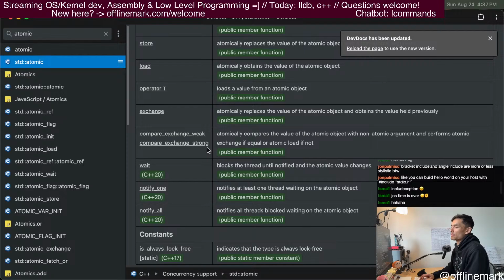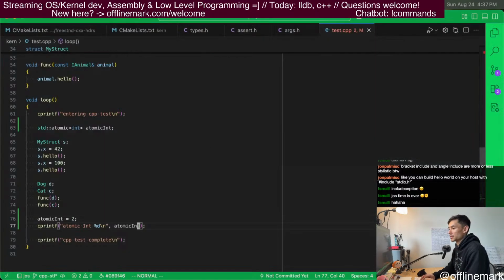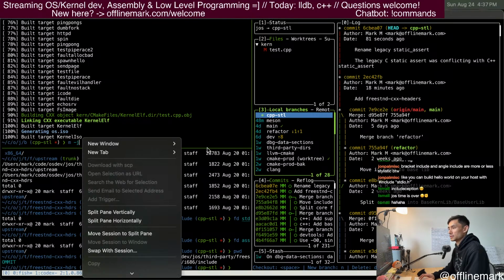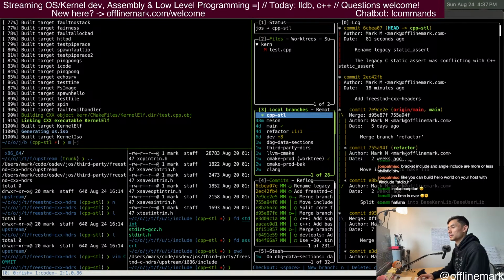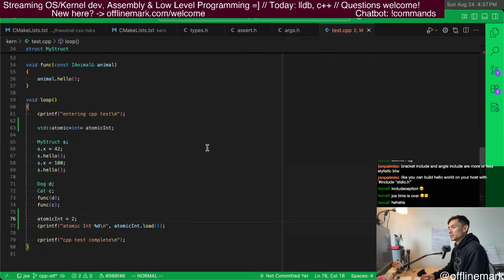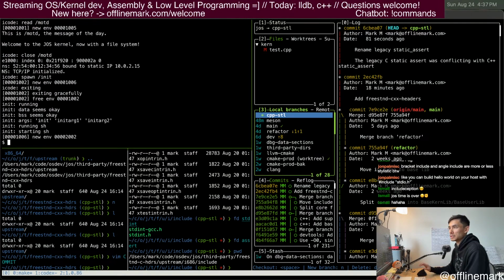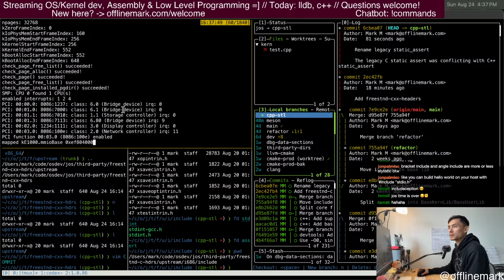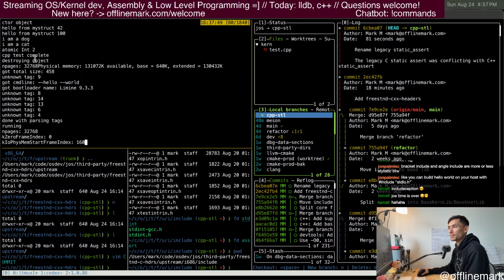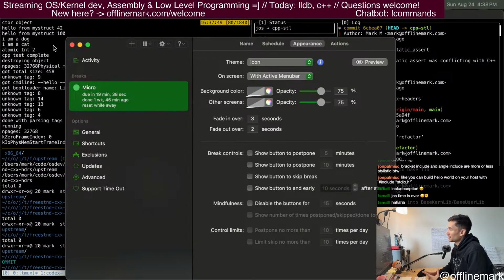All right, load. So we should see atomic int 2, I'm thinking. That's sort of the idea. Atomic int 2, check that out. That's pretty sweet. All right, so it looks like we sort of have the CXX headers working, which is really